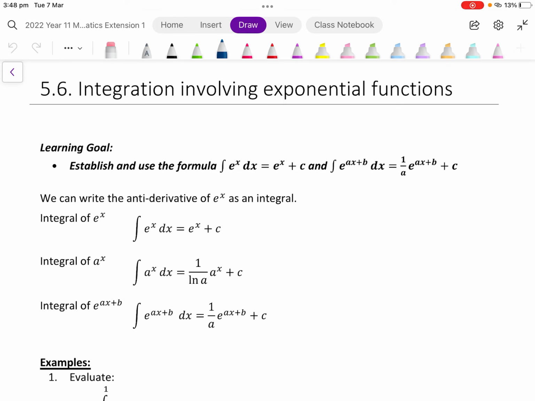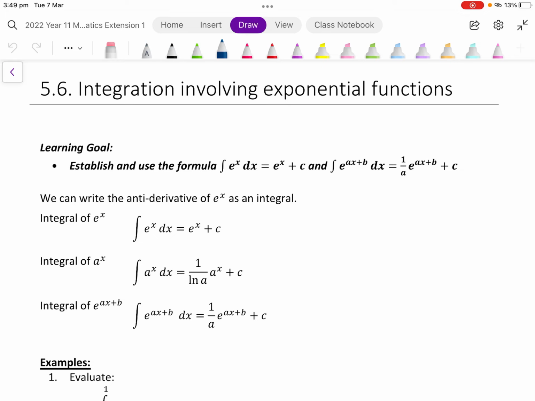So we can write the antiderivative of e to the x as an integral. So the integral of e to the x dx equals e to the x plus c, and that is not on your reference sheet. The integral of a to the x dx is equal to 1 over ln a of a to the x plus c. And then we have our integral of e to the ax plus b dx is equal to 1 over a e to the ax plus b